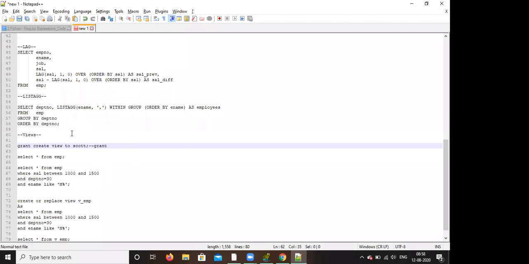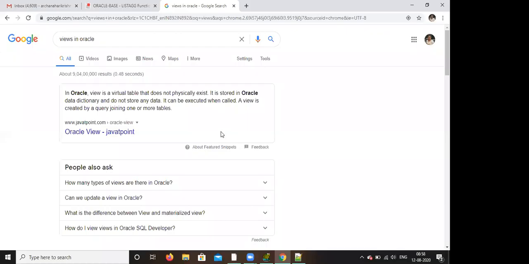As a theory point of view, we'll go a little bit more into views. So open your Google. You can write simple and complex view in Oracle SQL.